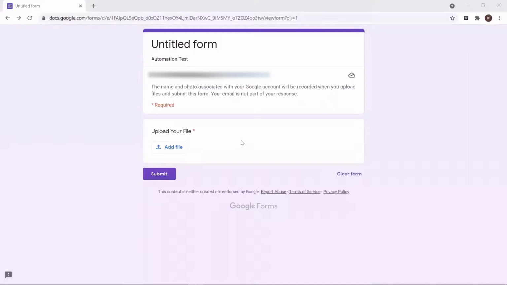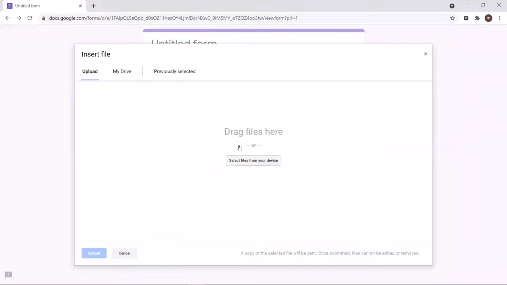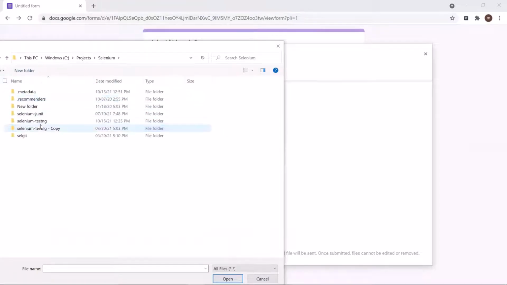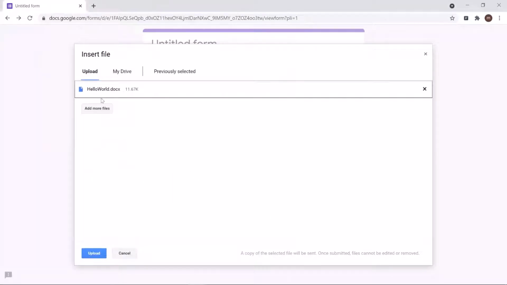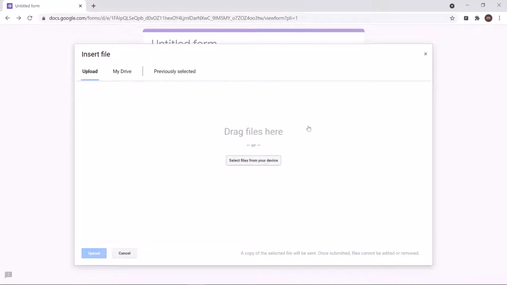For example, if we have this web page where we need to upload a file, then we need to select the file through File Explorer. And then we can select the file from the file system of the current machine where our tests are actually running. So when we run our test on a remote machine, the file won't be available on the execution VM for upload, which causes test failures for remote machines, while it works fine if we execute our test on a local machine. So the solution for this problem is simple.